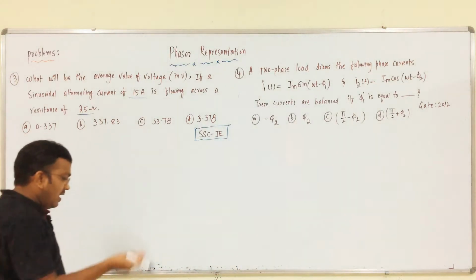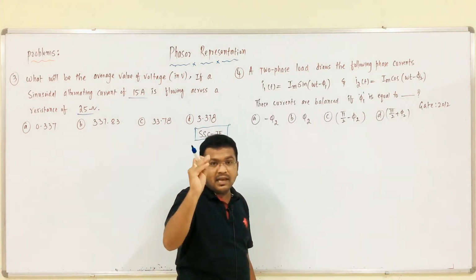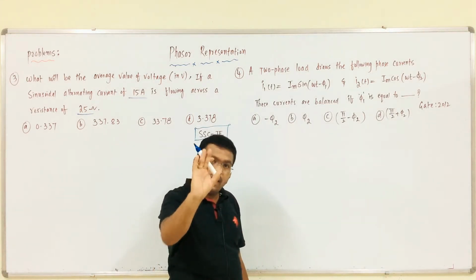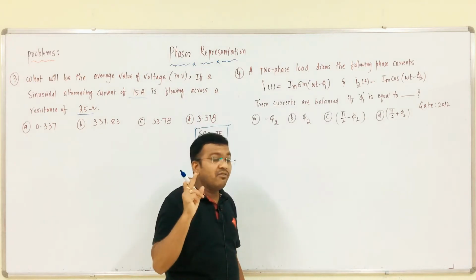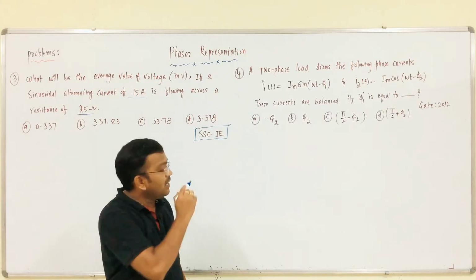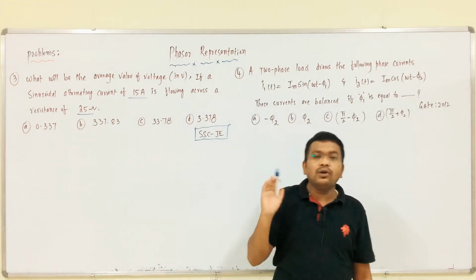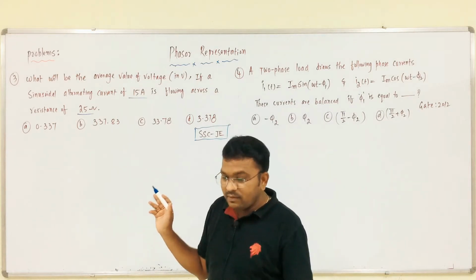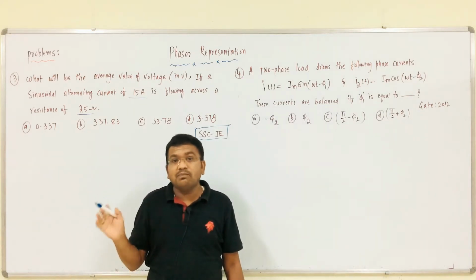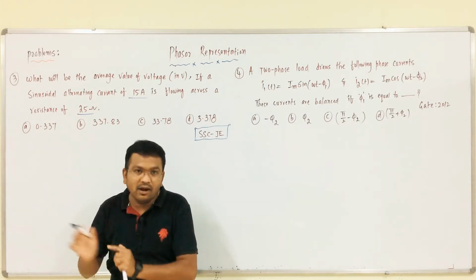Simply he mentioned a sinusoidal quantity of 15 amps, that is it. He did not mention anything about RMS or maximum. Then by default it is an RMS quantity. So, like this you have to proceed. If he did not mention anything about RMS or maximum, we have to assume that particular value as the RMS value. We have a note point regarding this.